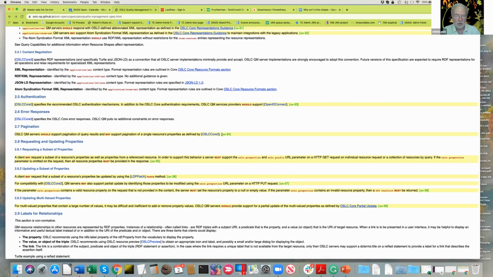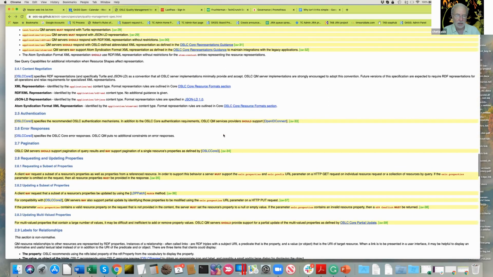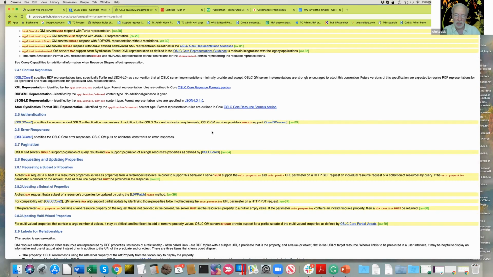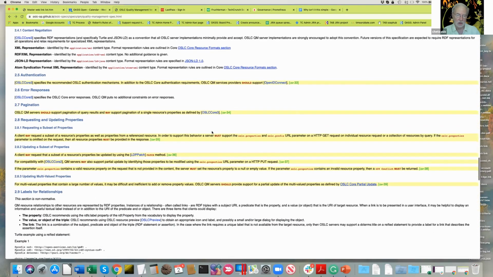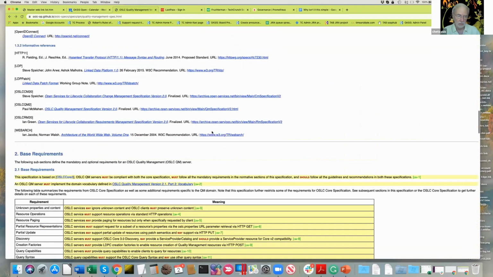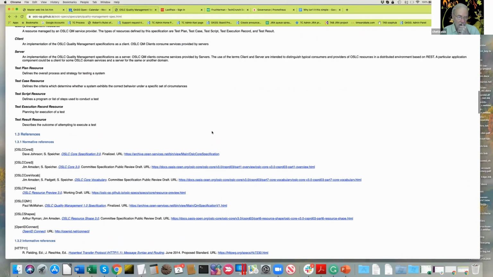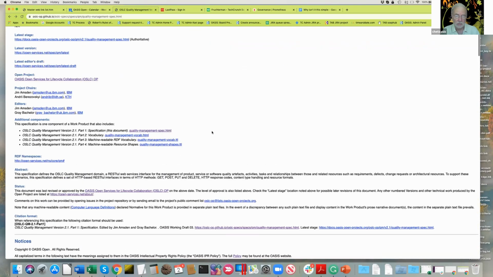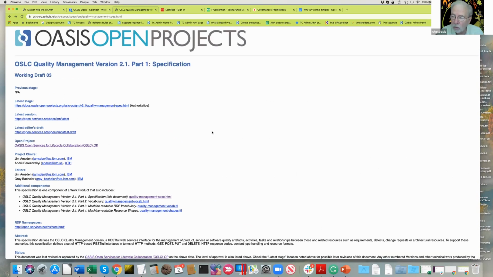And one of the interesting things that they've done, as a matter of fact, is I believe the way that they have this working is that everything that's yellow is actually a conformance clause that then gets automatically collected up and published at the back of the document. So they've done some interesting things with document automation. But this is basically what the project specification documentation ends up looking like.